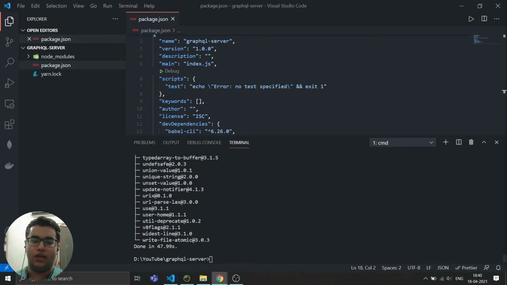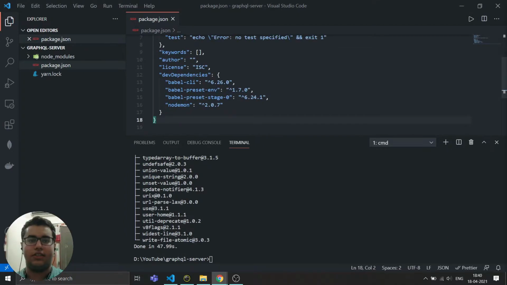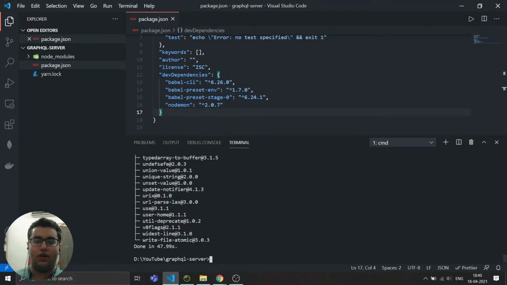Now that we are done with installing the dev dependency, you can see in the package.json everything is installed. Now let's install some more dependencies. Yarn add, we will be using express, then obviously GraphQL, then express GraphQL as well, and then we will also be installing CORS, because we will also be writing the front end, and so we need it.